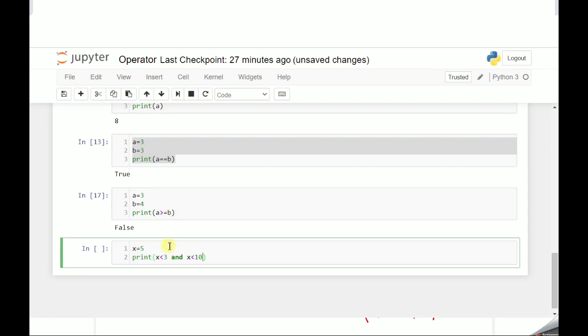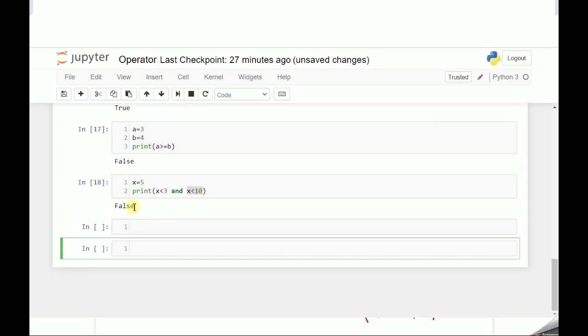So you see here that x is less than 3. Because the value of x is 5, this condition is false, and x is less than 10 is true. So false and true, the final answer will be false. I am going to execute this program. You see here that the answer is false.